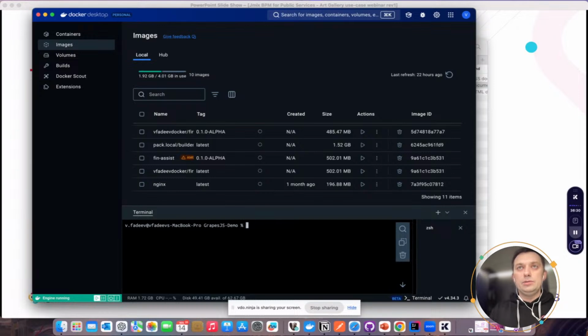In order to run it, you need to put a command. I will not write it in order not to make a mistake. I will just copy paste. This is the command: docker run -it --rm, pass some data,